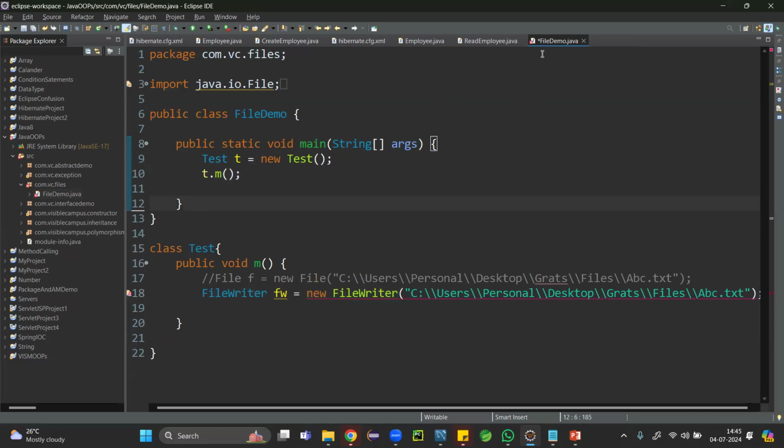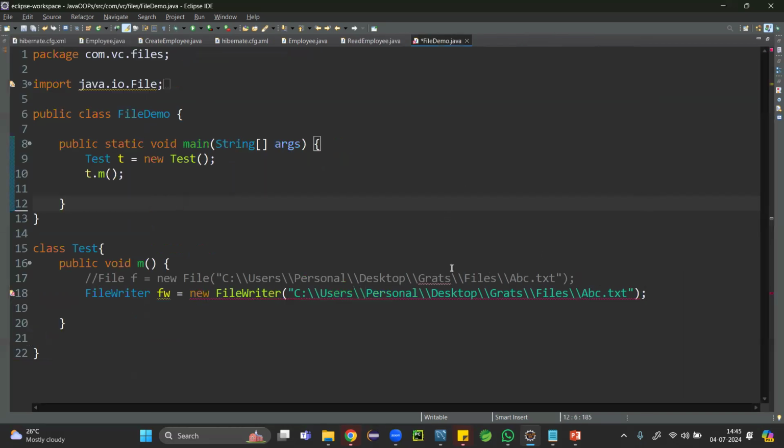But still we are getting an error. Can anybody say why we are getting the error on the right-hand side? What if the file is not there? FileWriter will create it. But still, tomorrow somebody may delete it or move that location. Therefore, FileNotFoundException will come. The compiler is not allowing it now. The exception has to be